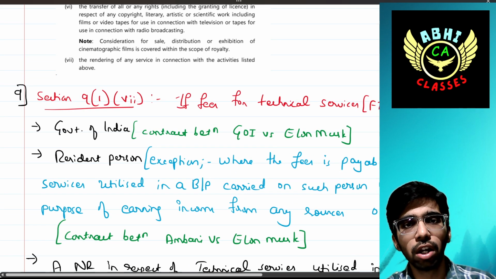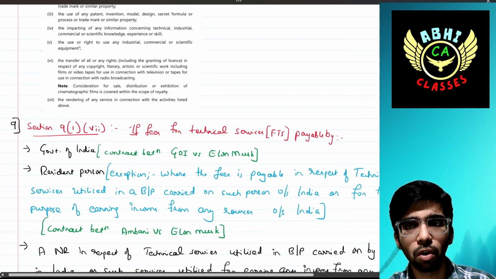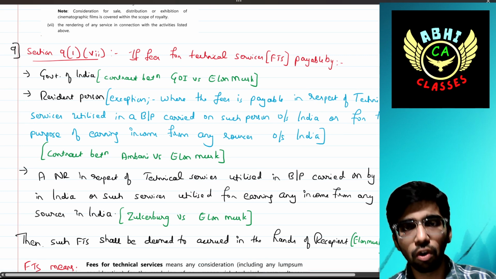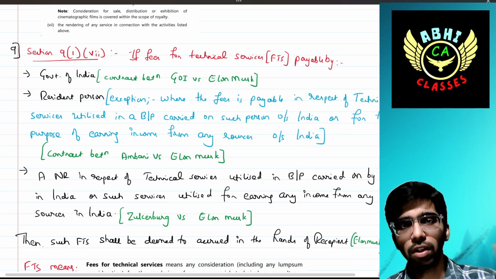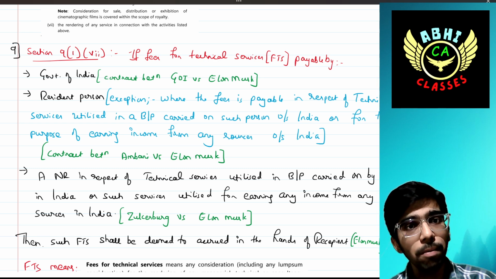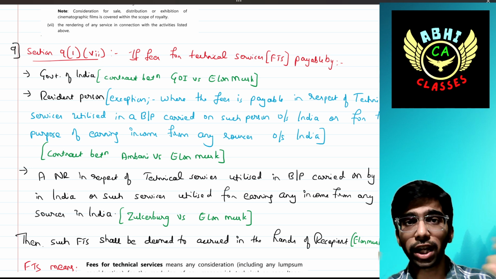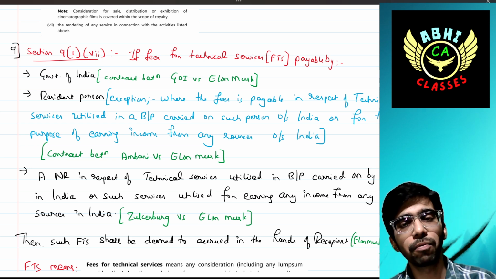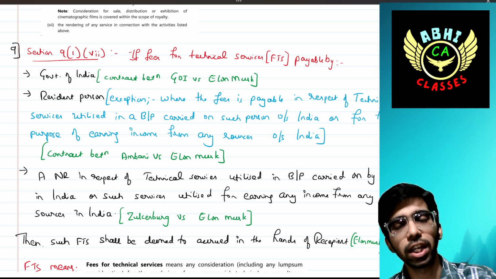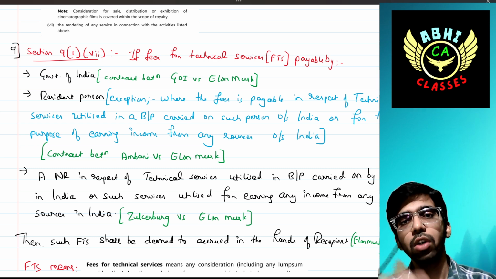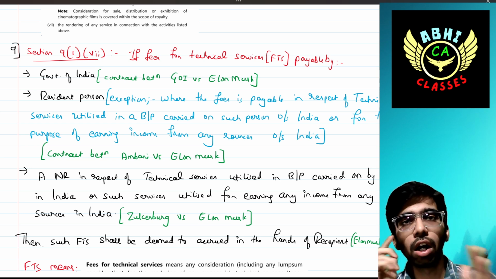Okay. Next, section 9, sub-section 1, clause 6. Fees for technical services, the same concept. It is for fees for technical services payable by the Government of India to Elon Musk for the technical services availed by the Government of India from Elon Musk. Then the actual payment for that FTS, in short, is payable by the Government of India to him is also taxable. Then a resident person, that is Mukesh Ambani, paying to Elon Musk, that is also taxable in the hands of